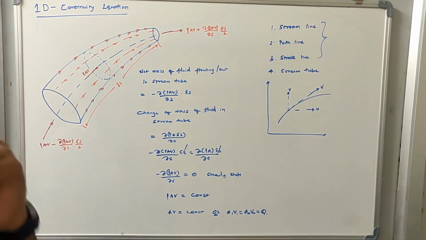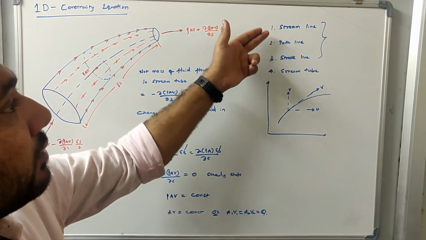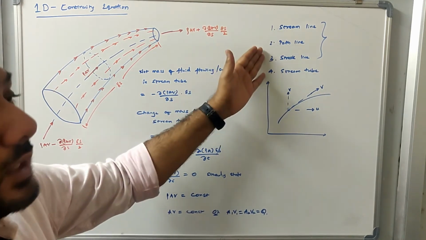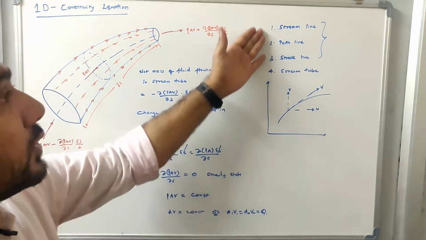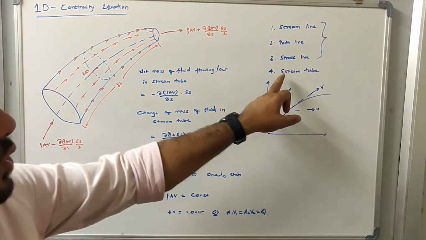If the flow is steady, the streamline, path line, and streak line coincide. If the flow is uniform, streamline, path line, and streak line will remain the same, they will not change. Okay, so these are some of the flow patterns. In the notes also I will give you the definitions, so from there you can get the definitions of these different flow patterns. So next, we are going with stream tube.